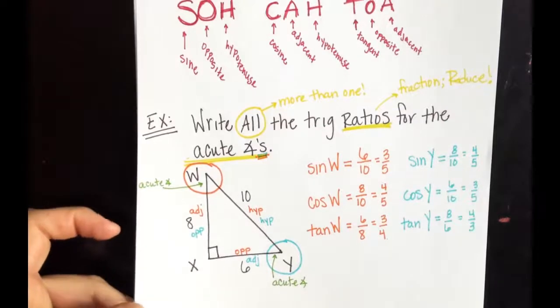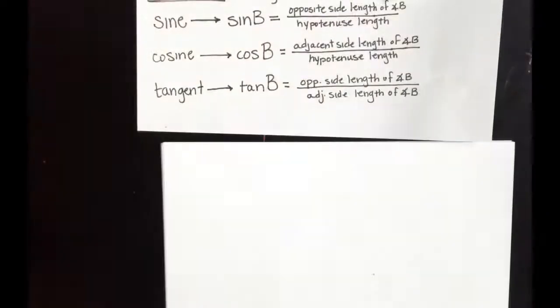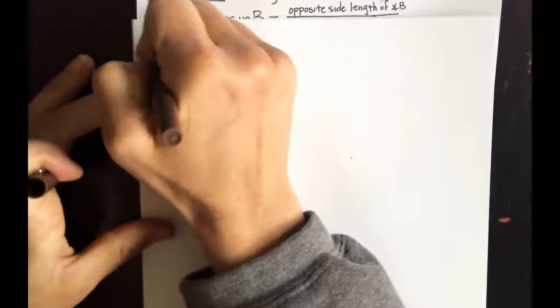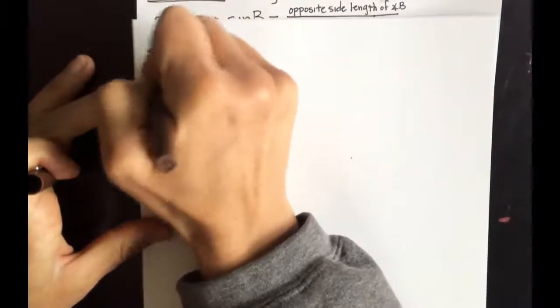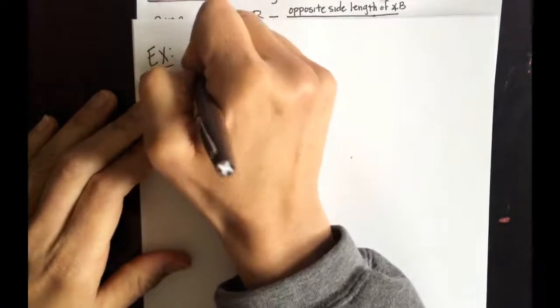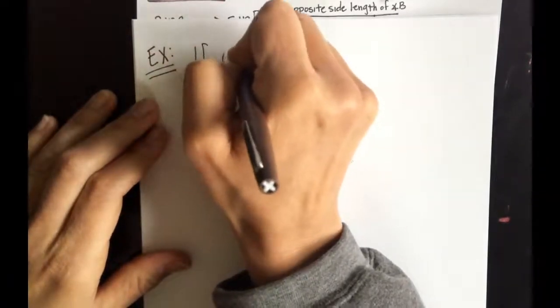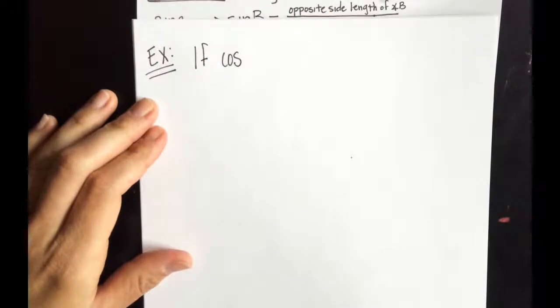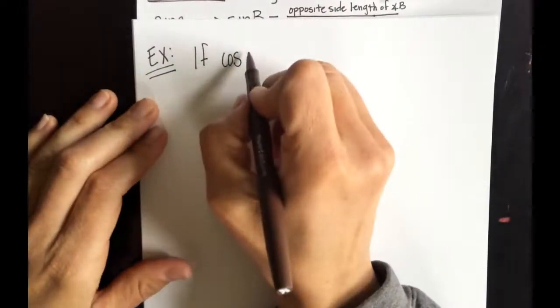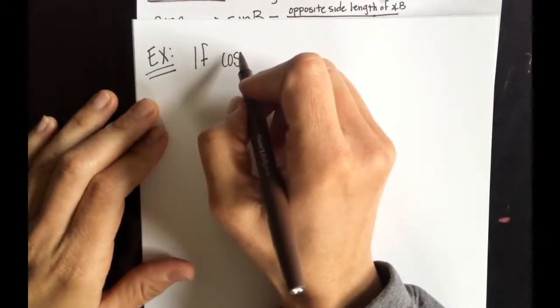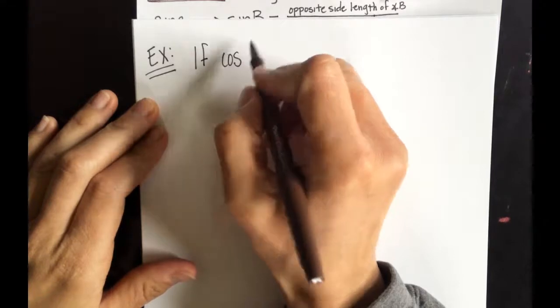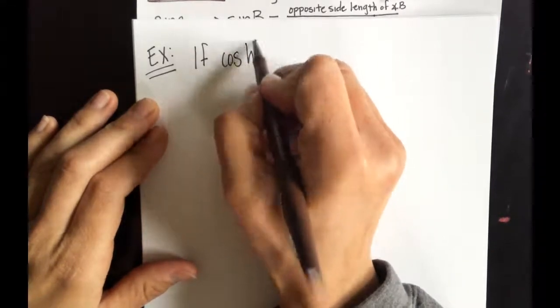Okay? So now, just because we had that question, I'm going to do this guy. And we're going to change the question a little bit. If cosine of angle W